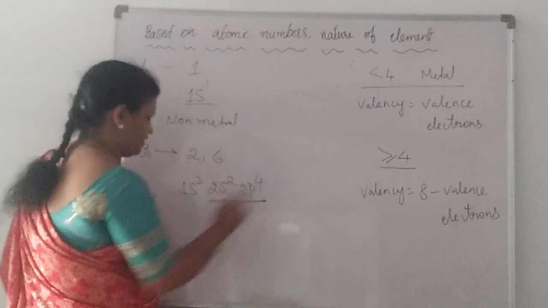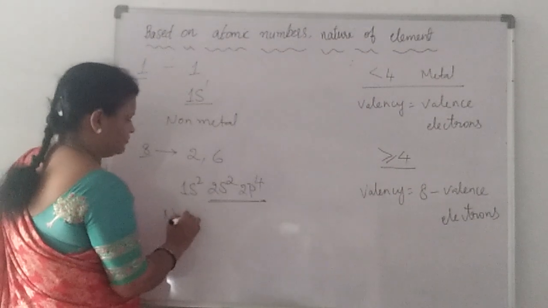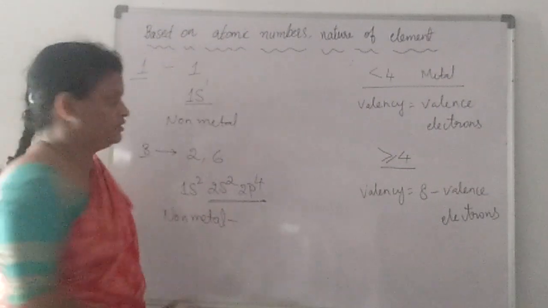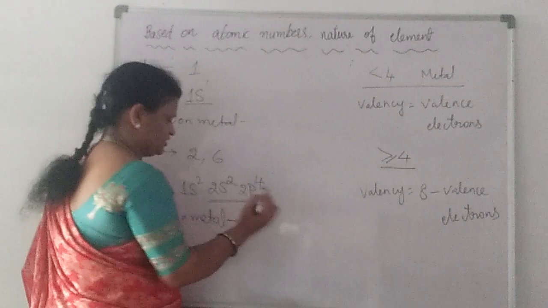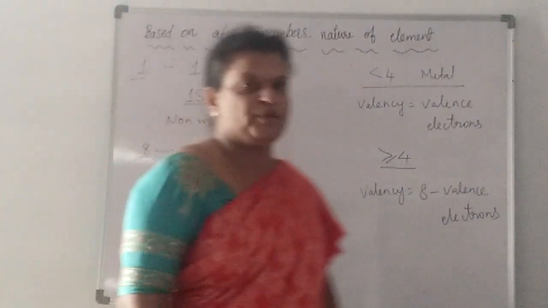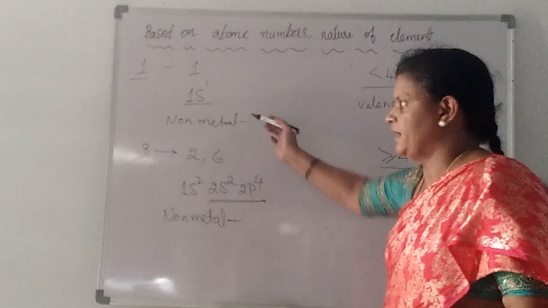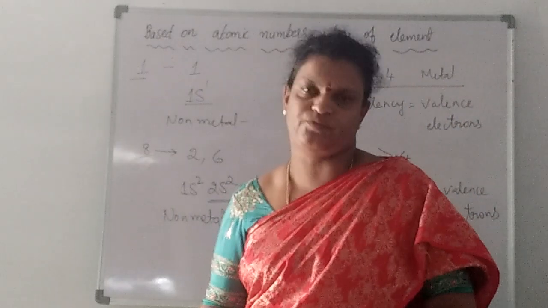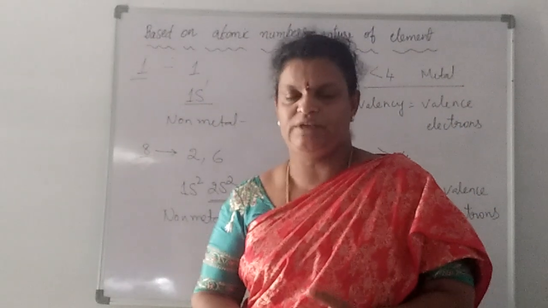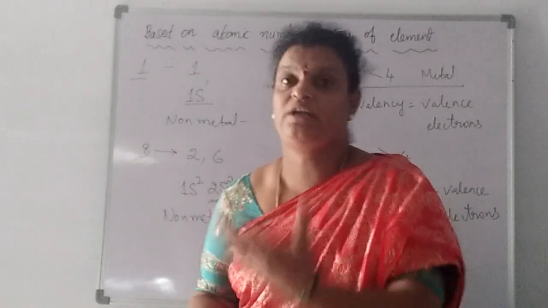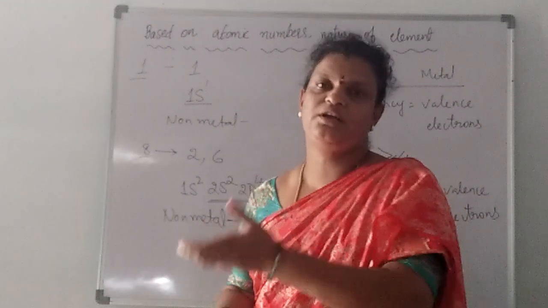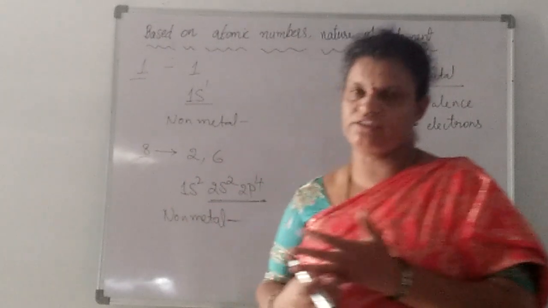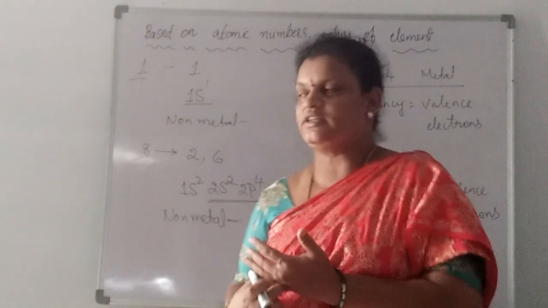6 electrons means it is a non-metal. It is an electronegative element. This is also an electronegative element. But here, as I said before, hydrogen has both natures. H plus ion is formed, H minus ion also is formed. Electronegativity depends on which element it is combining with; based on that, it will have valency minus 1 or plus 1. Oxidation number may be plus 1 or minus 1.